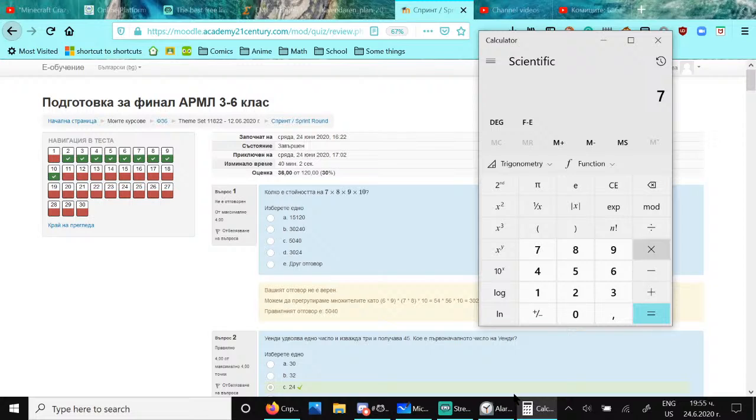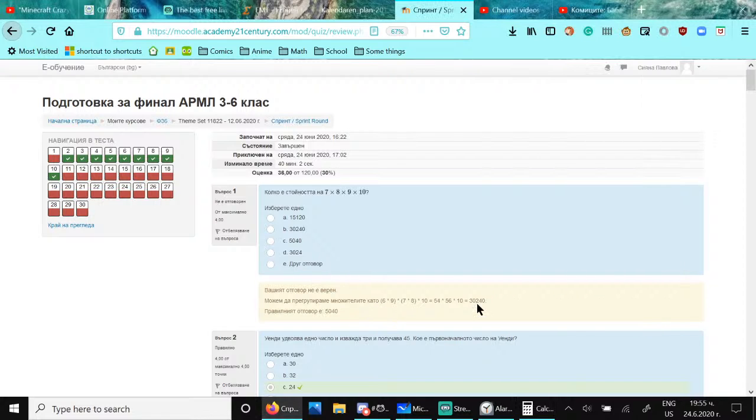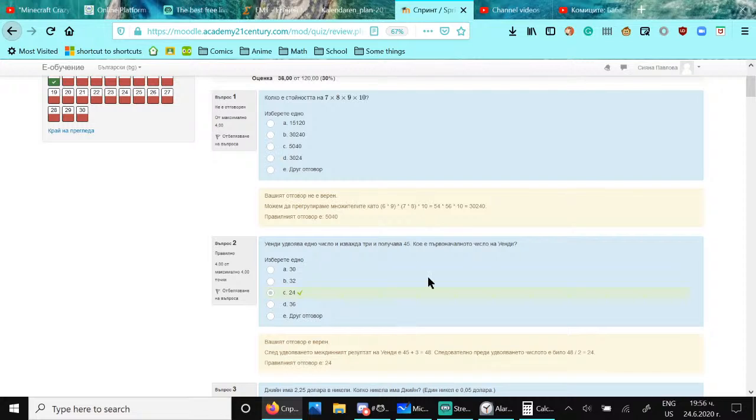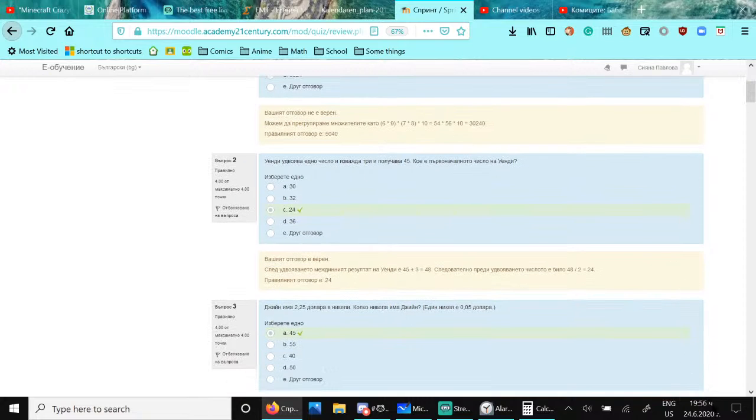I won't waste my time on it because it can be done by calculator and doesn't have something extra hard in it, so I'm just keeping it. The second one,